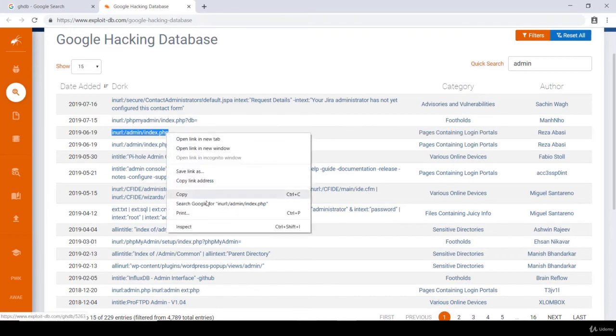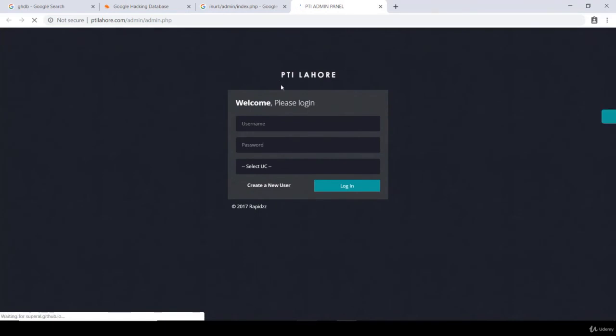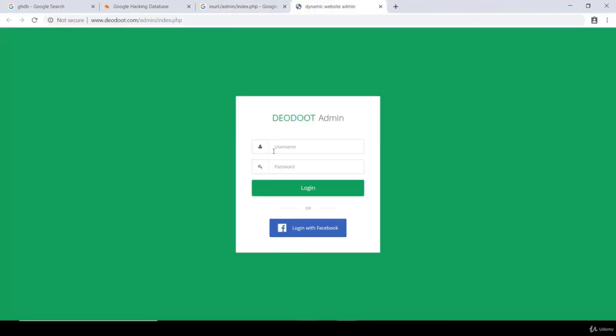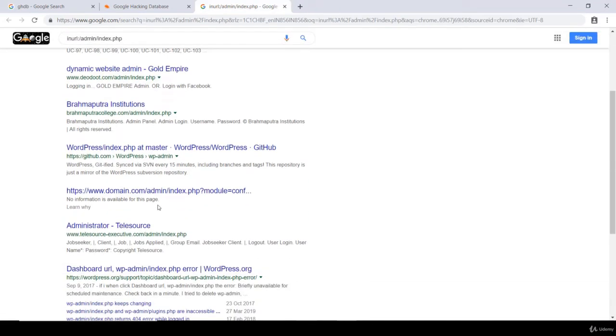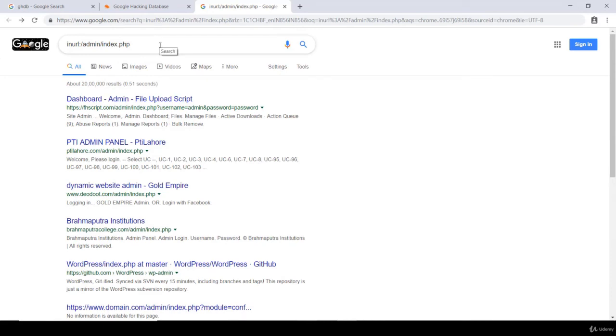If I open this link, it will show me the login page. If I open the third page, that's also a login page. So the list over here contains all the login pages. That's what a Google dork does. If I want to be more specific, for example, among these login pages, I want to focus on some countries' websites, so I can use one more dork over here,